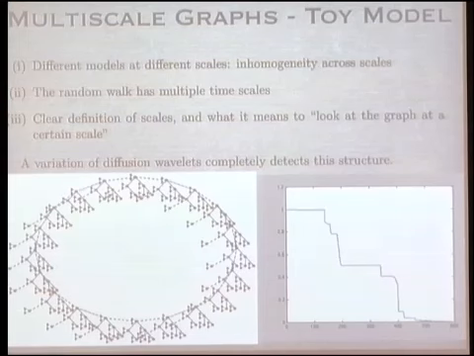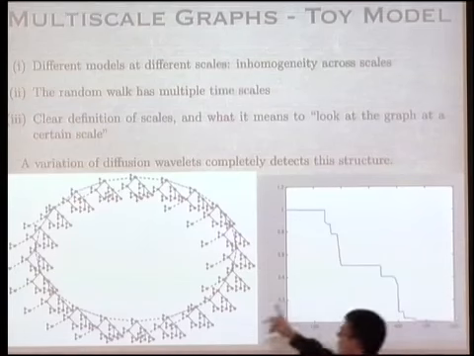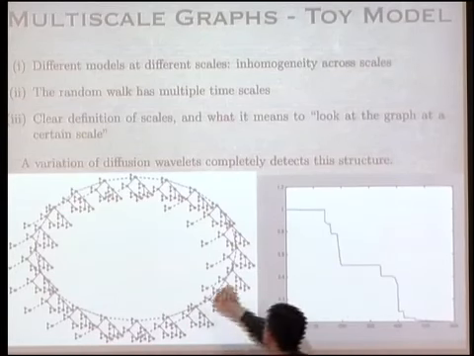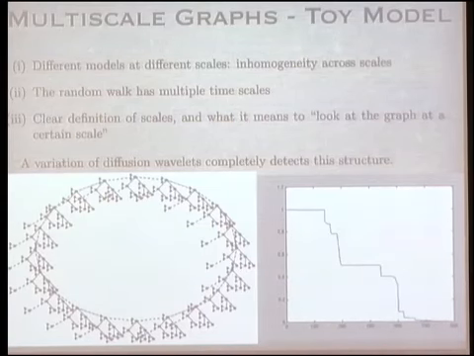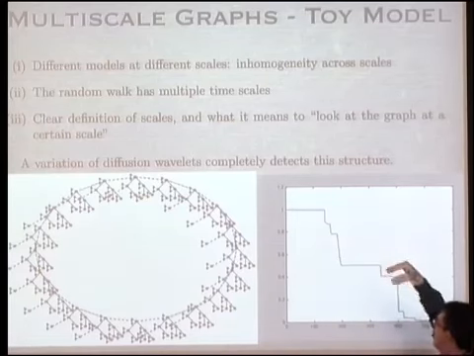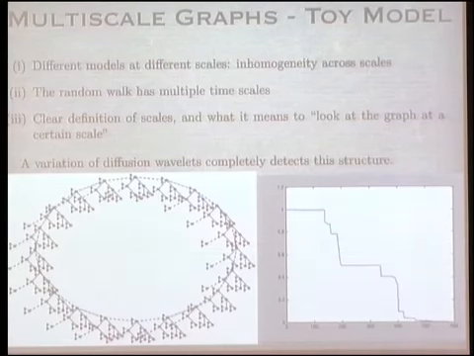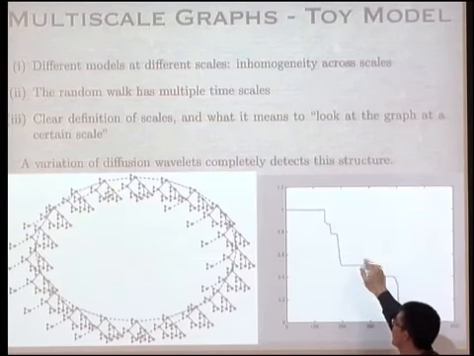So just to show you that these graphs do have multiple scales, here I picked one in which at the coarser scale we have a ring, and then at the finer scale we have a tree, and at an even finer scale we have a complete graph of order 3, a little triangle. And if you look at the spectrum of this graph, it has several steps. There are still, in fact, open problems about how to characterize this spectrum, but that's another talk.